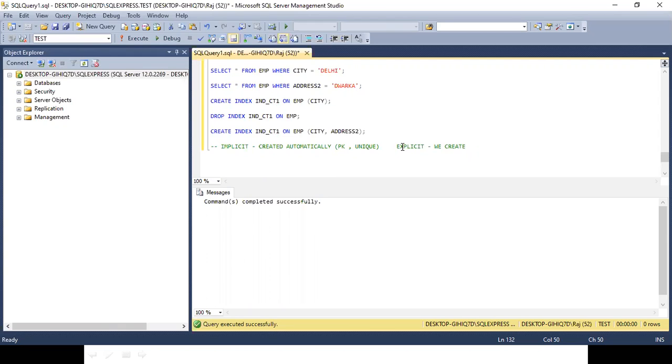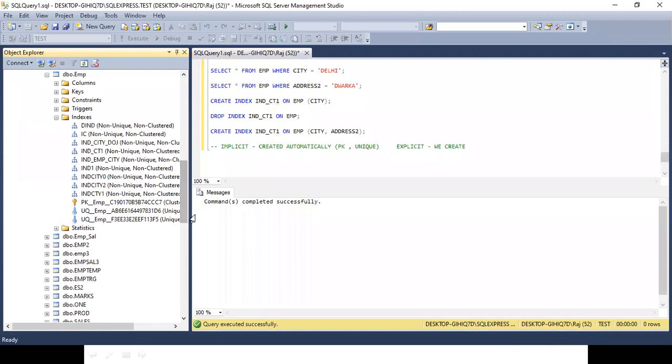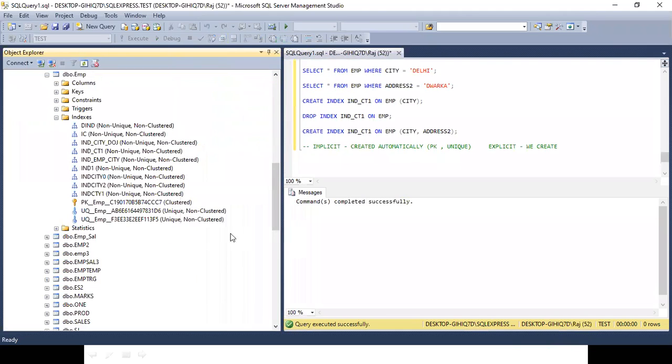If I show you over here, here it is, pk underscore emp. This is the name of the index which I have not created. It has been automatically created.